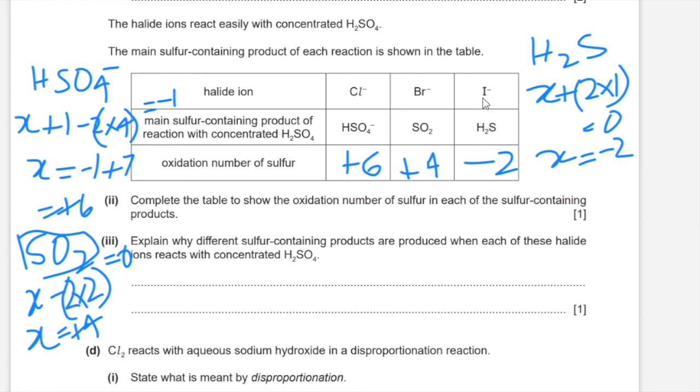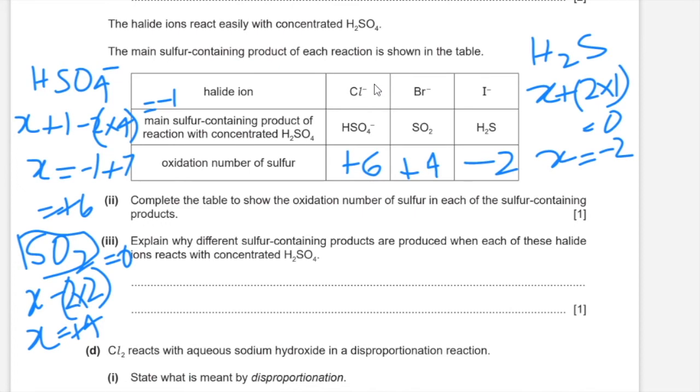and going down the group it is going to oxidize each of these halides, but removing an electron from each of these halides becomes easier as you go down the group because the number of shells increases and therefore the nuclear attraction for outer shell electrons decreases, and therefore it becomes easier